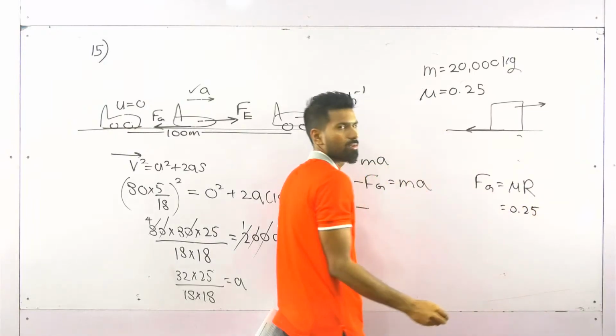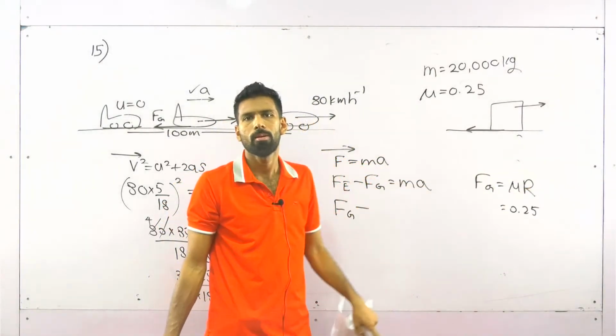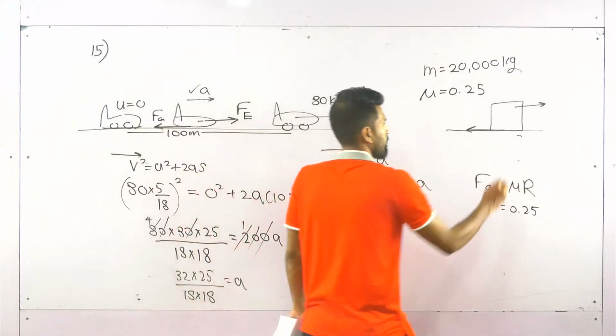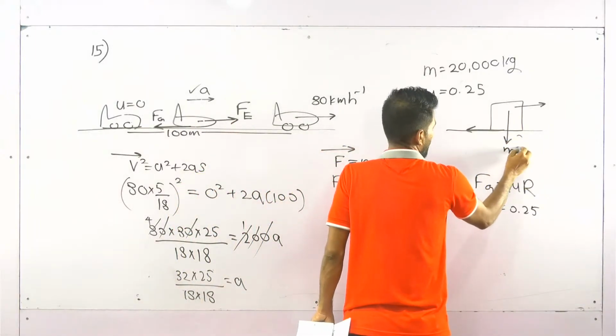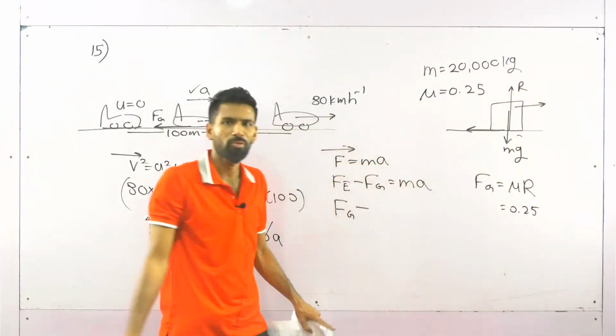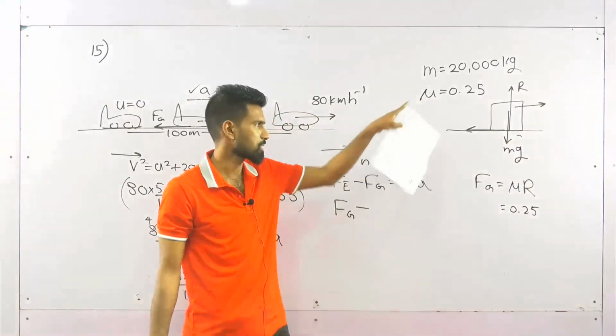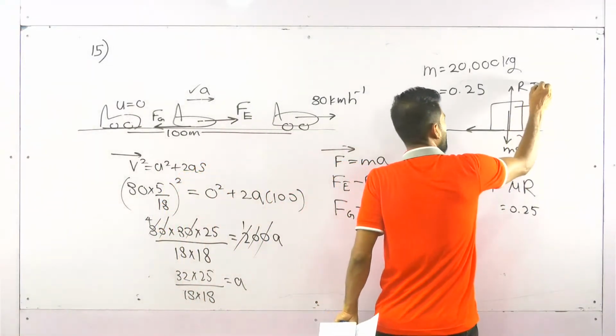What is R? The plane moves in a horizontal path on the runway. So its weight mg has to cancel out with R there. Before the takeoff, let's consider that the plane is moving horizontally, so the vertical forces should cancel out. So R is equal to